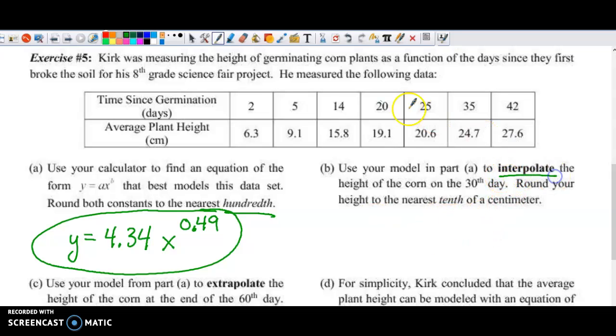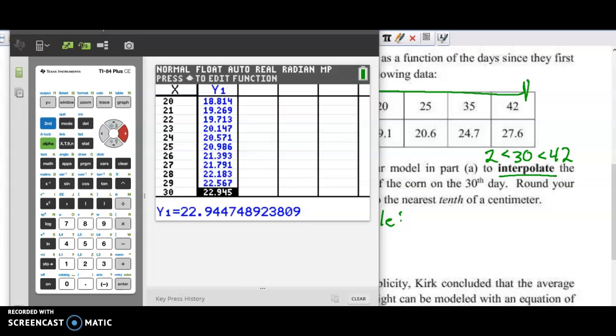And remember, that's called interpolation, because that's inside of the domain. We call things interpolation when it fits inside the data set. So because it's between 2 and 42, that's an interpolation. Now remember, since I used my table, we got an answer of 22.94